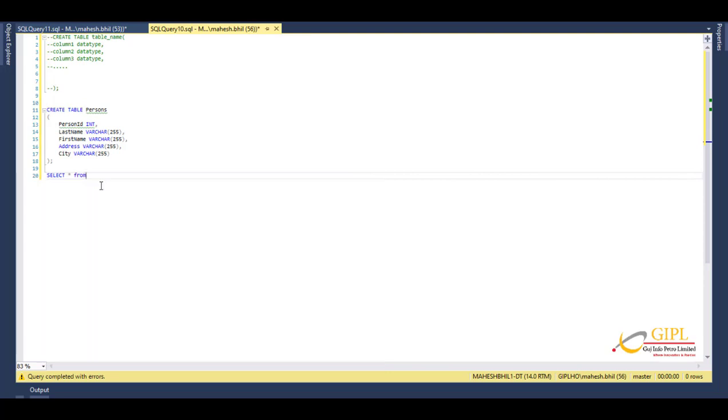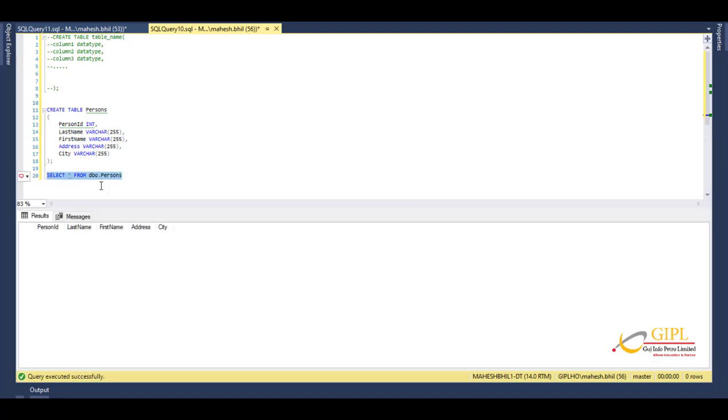Select star from person. The empty person table can now be filled with data using the SQL insert into statement that we have studied earlier. Now let's see how to create a table using another table. A copy of an existing table can also be created using create table. The new table gets the same column definitions.